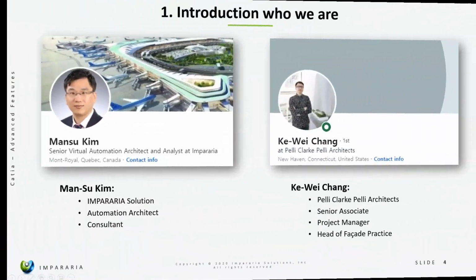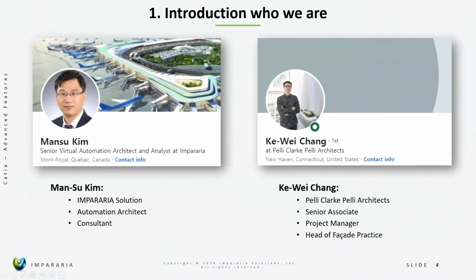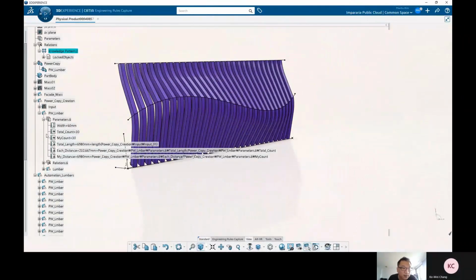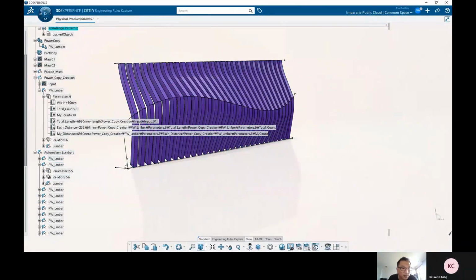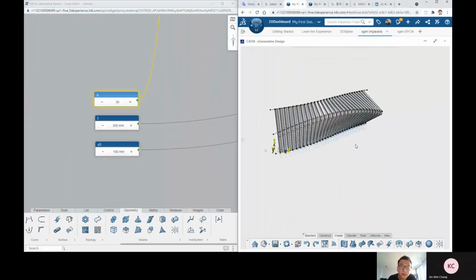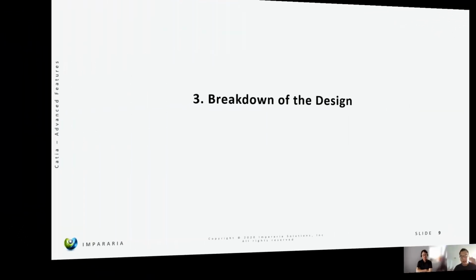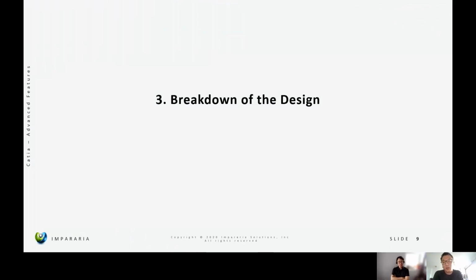Emphasize more from generative to CATIA, the workflow. Nice, right? Remember that this is not only the result, it's all including the structures. So you can see here I mentioned breakdown of the design